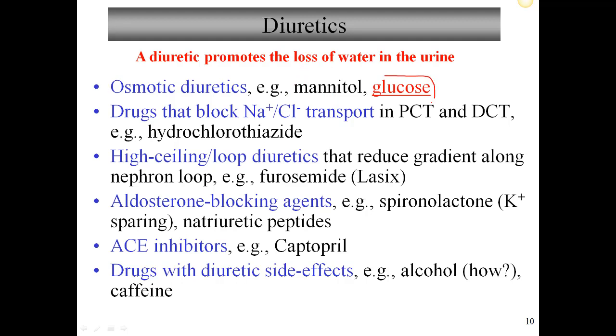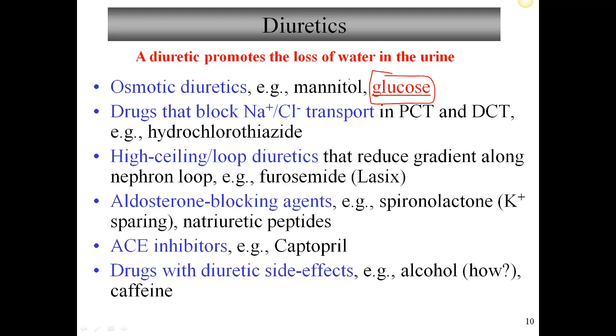Now, in the case of diabetics, remember we talked about a transport maximum for something like glucose. If there's too much glucose in the plasma, and that eventually gets filtered and processed in the nephron, that glucose has basically overrun the capability of the tubular cells to reabsorb it, and so it will stay in the tubular fluid. It won't get reabsorbed. Glucose acts just like mannitol did. It's a solute. And so what that will do is pull water into the tubule, hold it in there, and eventually excrete more water along with the glucose. This is why diabetics, as we talked about earlier, have what we refer to as polyuria, because of the glucose